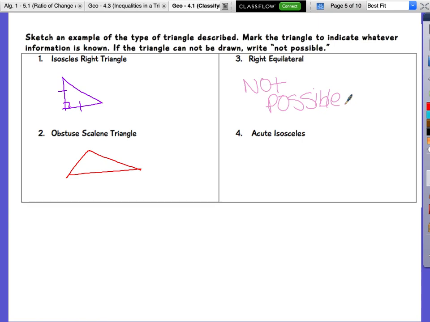Okay, equilateral means that all angles would end up being what? Equal. All angles would be 60 because an equilateral triangle is also equiangular. But you can't have a right triangle that's also equilateral, because a right triangle means one of the measures is 90. If one of the measures is 90, can all of them also be 60? No, it's not possible. That doesn't work. You can't do it. Anybody have this last one, number 4, they want to do?